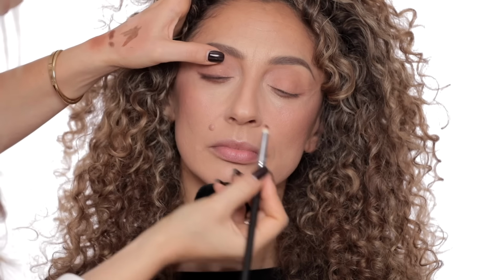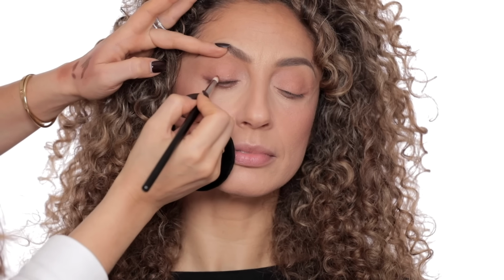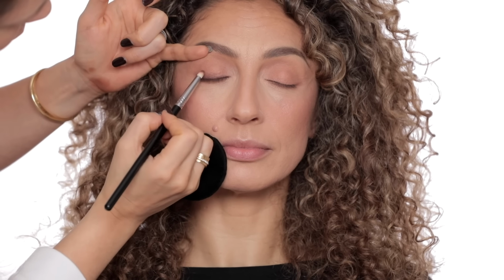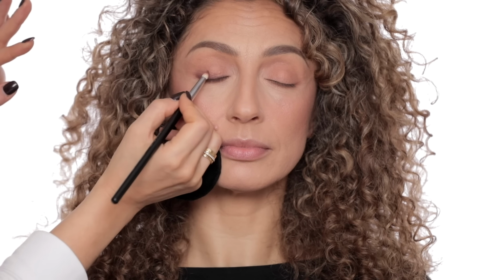Okay, now I just take the same brush and I start to diffuse this. The larger I'm going to diffuse this, the larger her eyes are going to be. If I keep this super close to the eyelashes, all this space that she has is going to overwhelm her eye. But if you apply something darker at the base of the lashes and you smudge it a little bit higher, it's going to open the eyes. And it's going to be slightly higher here in this area,